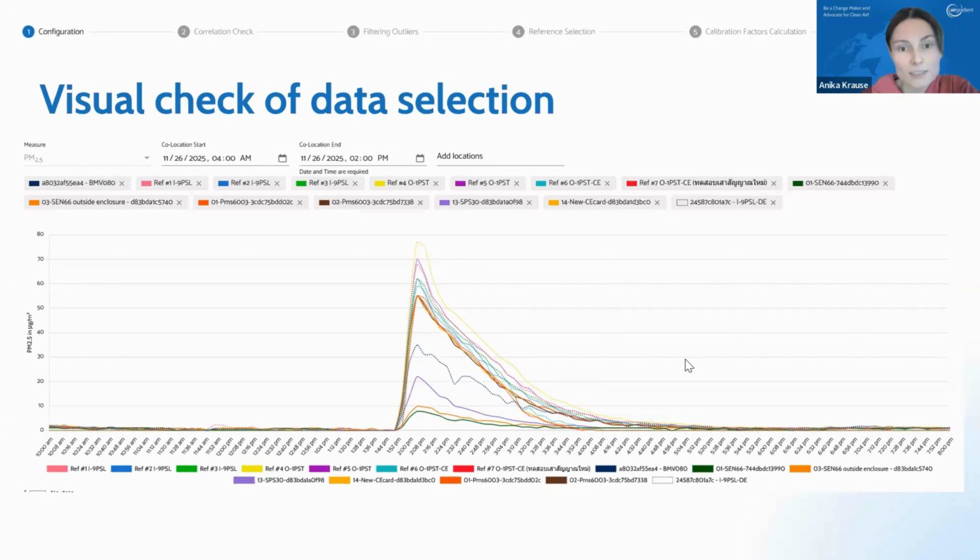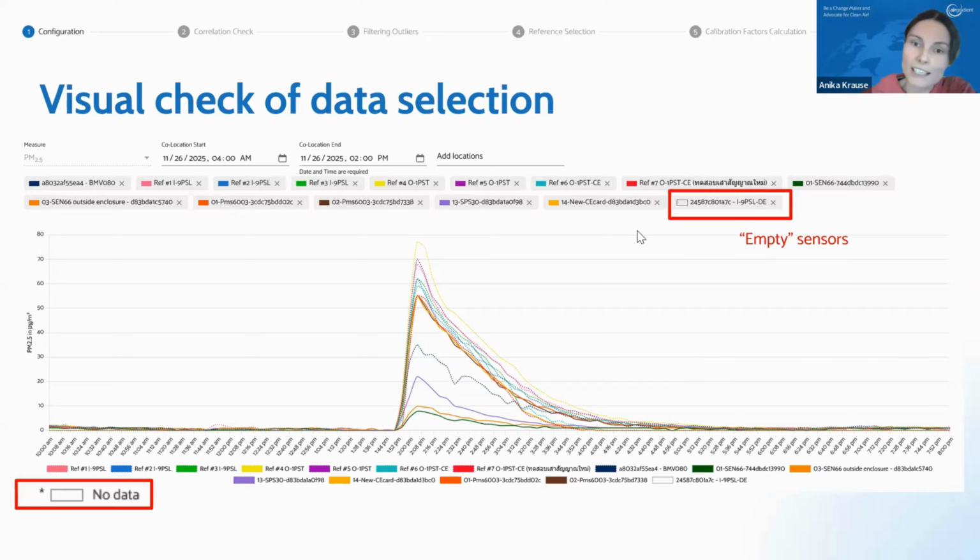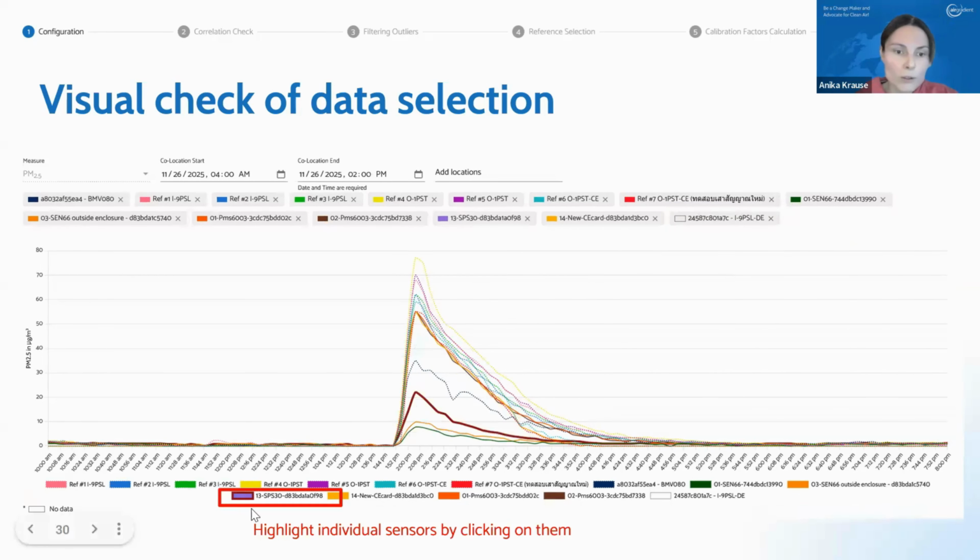Or perhaps there are sensors on your dashboard that you added later, so they actually have no data in that time. That would also be shown by this visualization. You can also highlight individual sensors by clicking on them here in the legend. If you are not sure about one, you can see if it is behaving the way you expect.